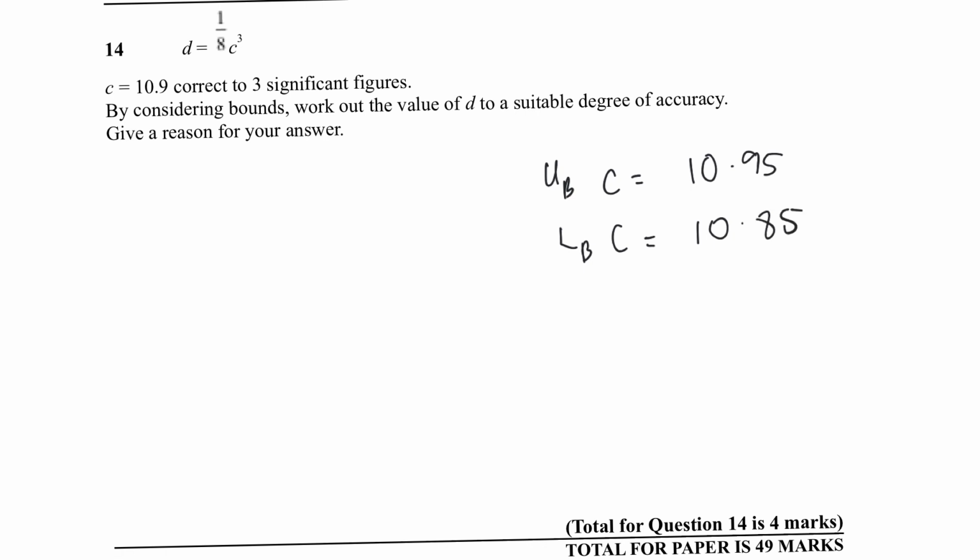Okay, so now that we have the upper bound and the lower bound, we're going to work out the upper bound of D, which will be an eighth of 10.95 cubed. And in your calculator, 10.95 cubed times an eighth is